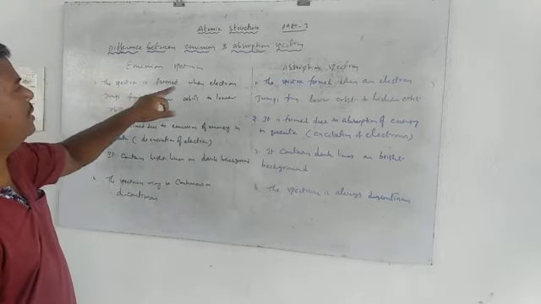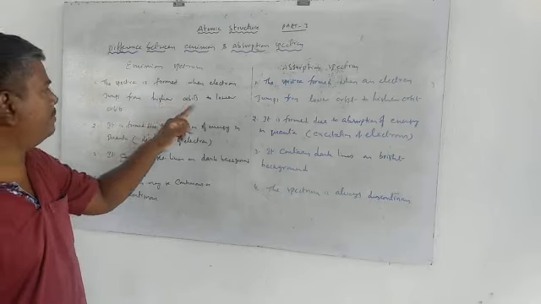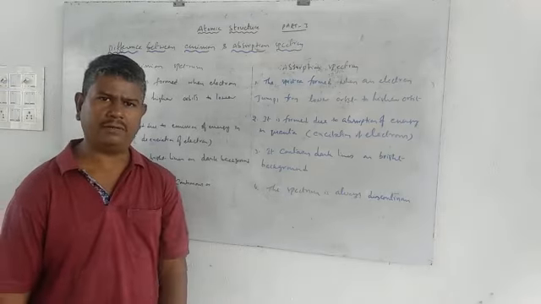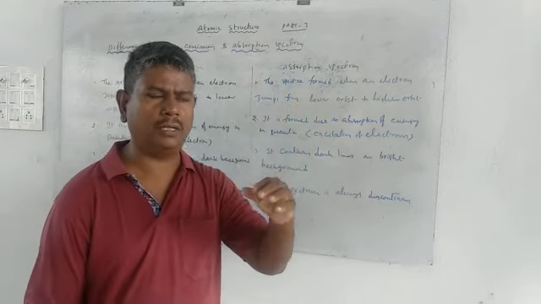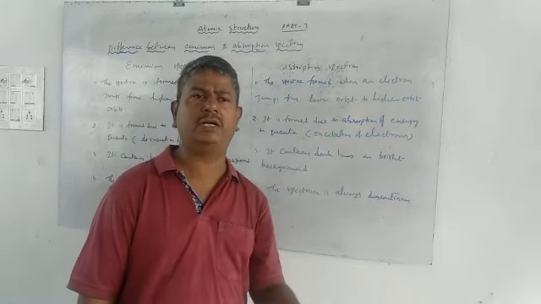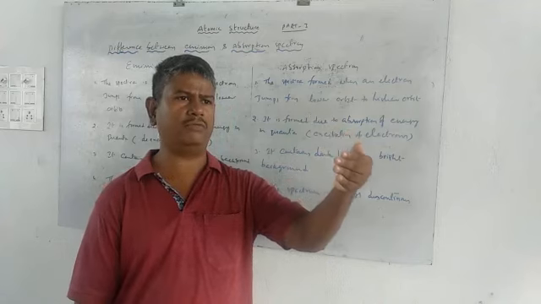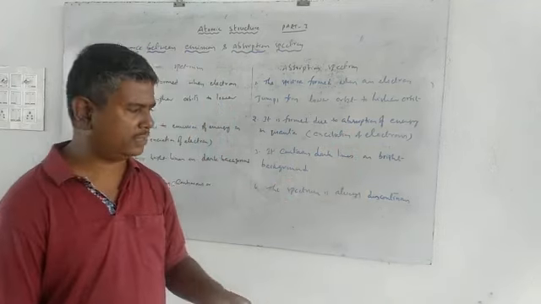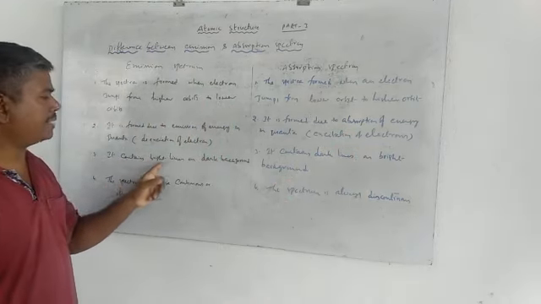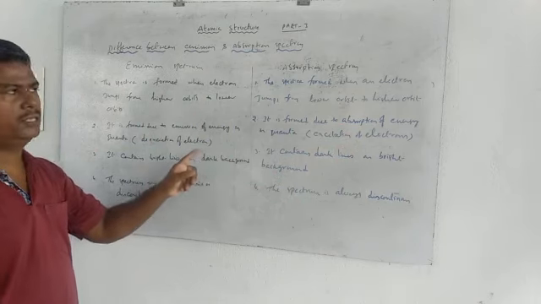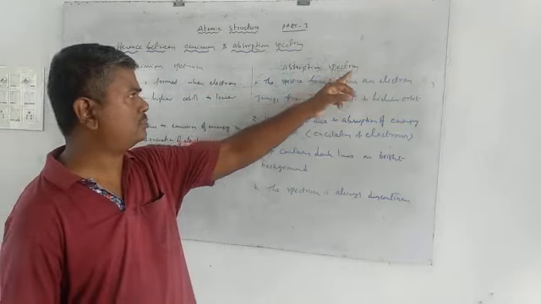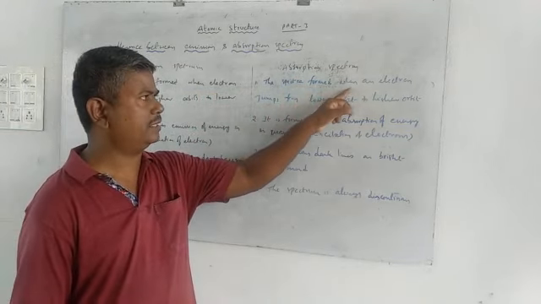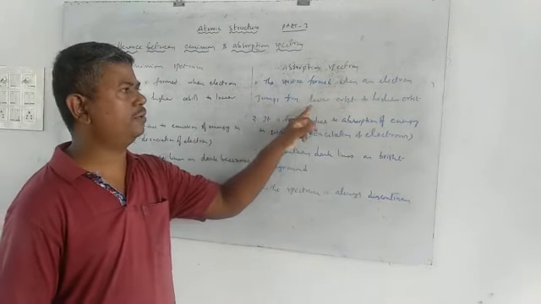The emission spectrum is formed when an electron jumps from a higher orbit to a lower orbit. That means whenever the excited electrons jump from a higher orbit to a lower orbit, they radiate an amount of energy. That energy falls on a photographic plate. We observe continuous bright lines on the dark background. So that's why it is called the emission spectrum.